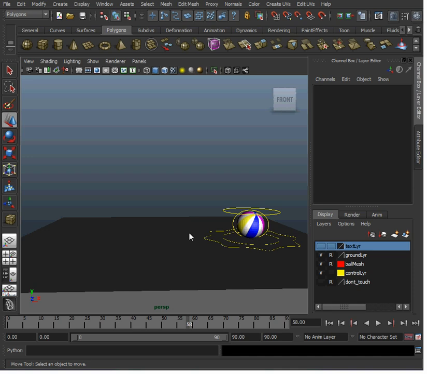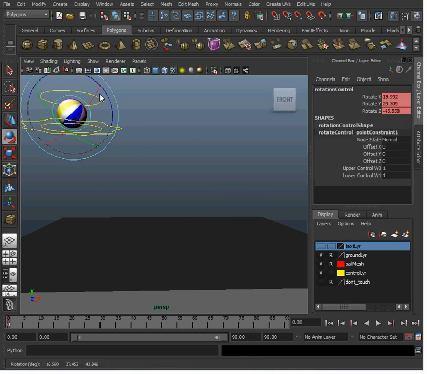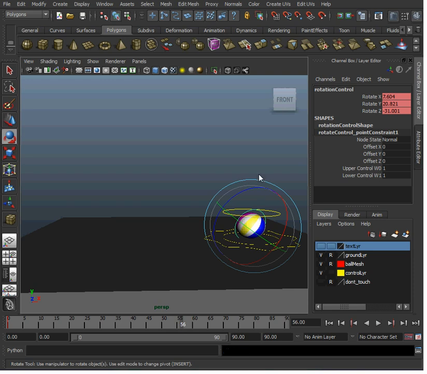So I have my ball started off here. Let's rotate it at some kind of random angle. And then at the end of the animation, I'm going to have it rotate 2 or 3 times. I'm just going to select the controller and then rotate it a few times like this. And you can see our values like -370, so that'll be 1 rotation. Maybe we want to have it rotate a little more. That'll be 1.5 turns. So I just have 2 keys for my rotation, and we'll take a look to see what that looks like.